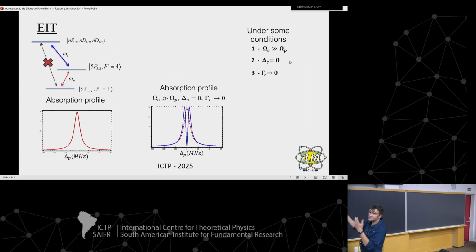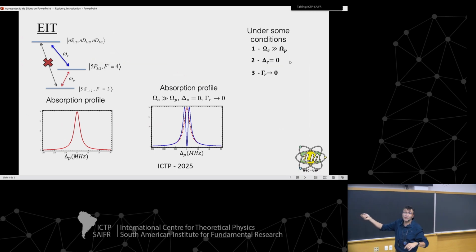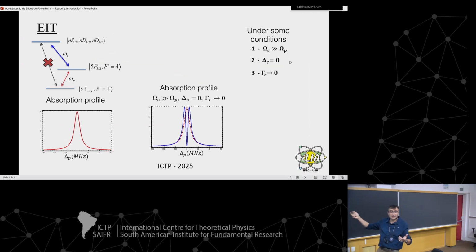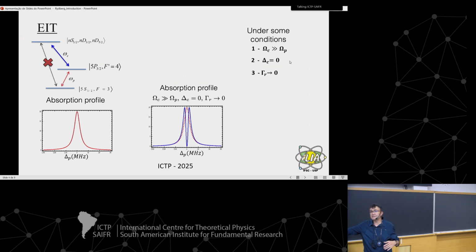So what you do, you have a sample of ground state atoms, you shine the 780 light, and you monitor the transmission, okay? As you scan the probe laser, which is this first laser here, you will see the absorption profile, a typical absorption profile from any atomic line, okay? Well, if you couple this 5p state to a Rydberg state, which in this case can be either S or D state, because you need a dipole-allowed transition,